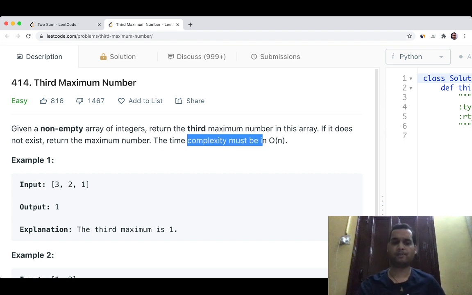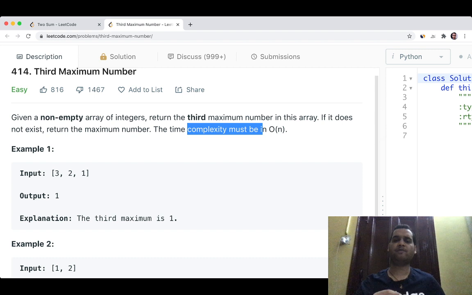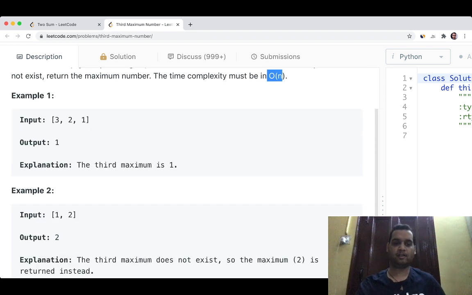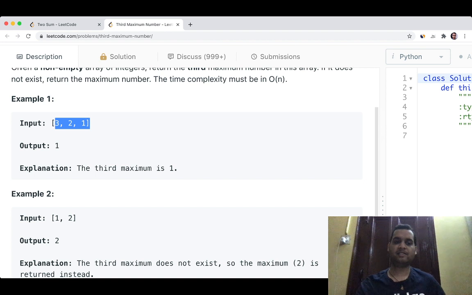So it's a very simple question. There is an array and we have to find the third maximum number. If there is no third maximum, like if there are only 2 elements or a lot of elements are repeated, so there can be repeated elements in this, we have to keep that in mind. But the time complexity should be O(n). We cannot use double loops in it. Double loops equal n square. So we cannot use double loops. We have to do it in one traversal or one iteration only. So the input is 3 2 1. The largest element is 3. The second largest is 2.